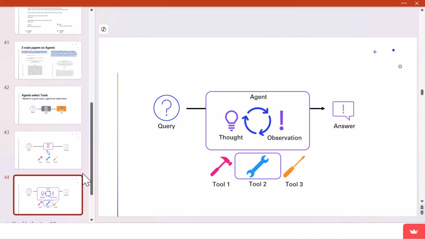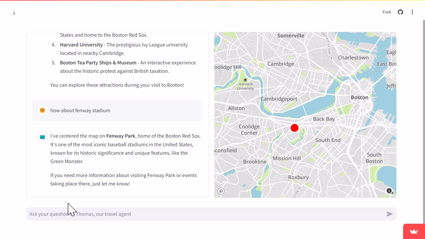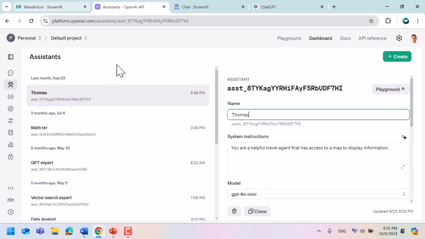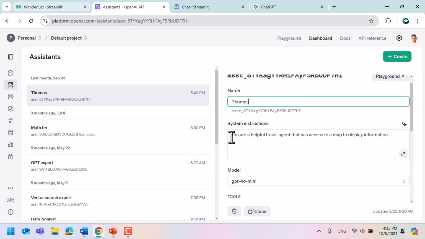Okay, so this is the foundational building block, and let's go back to our example with Thomas and see how I've implemented it with the assistant framework from OpenAI. OpenAI implemented this notion of assistant, and here I'm creating one called Thomas, and that is the API that I'm using on the back end of my application, the Wanderlust application.